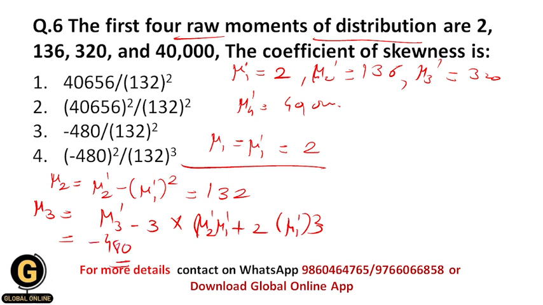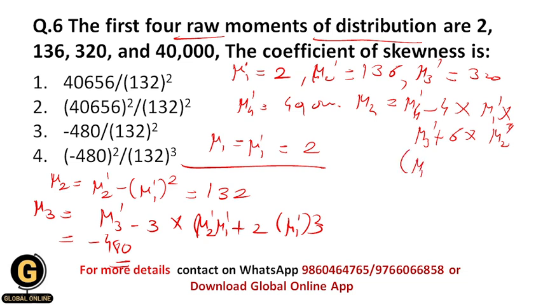Now let us find the value of mu4, which is equal to mu4' minus 4 times mu1' times mu3' plus 6 times mu2' (mu1')^2 minus 3 mu1' raised to 4. Again substitute the values of these terms, and finally you will get the value of mu4, which is equivalent to